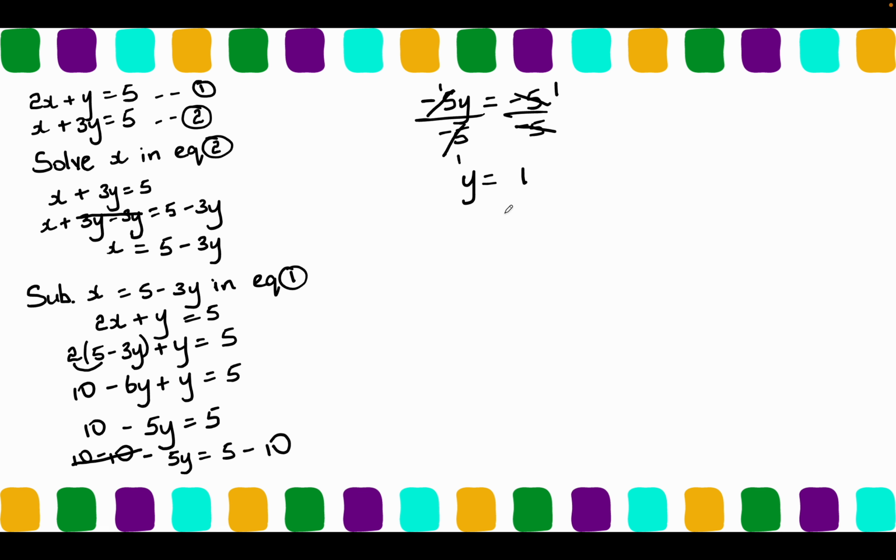Now we need to get the value of x. We can substitute the value of y, which is equal to 1, into one of the original equations. So let's use equation 2. And we're going to rewrite equation 2 here. It's x plus 3y is equal to 5. So in this case, wherever I see y,